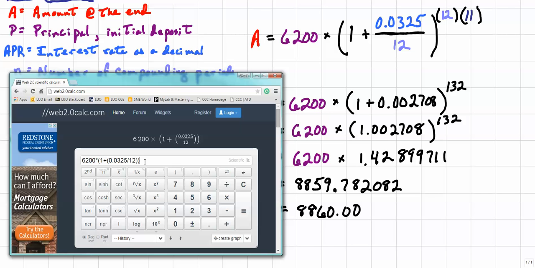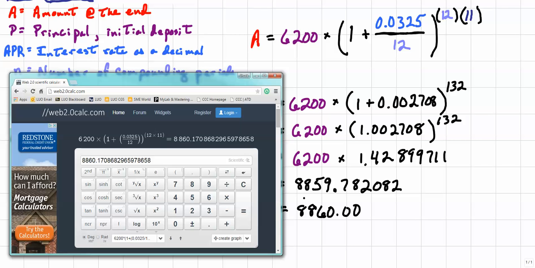Now I'm going to use the exponent key, x to the y, or I could simply use Shift 6 on the keyboard, and that would give me the little hat key, which represents raising to a higher power. I will open a set of parentheses, and then I will type in 12 times 11, and then close parentheses. And you'll see right here, where I'm about to highlight, that it looks just like how it's written in the problem. And then we'll left click equals, and it will give me